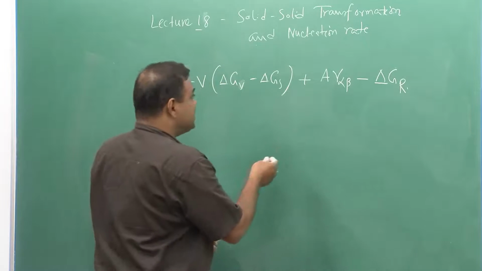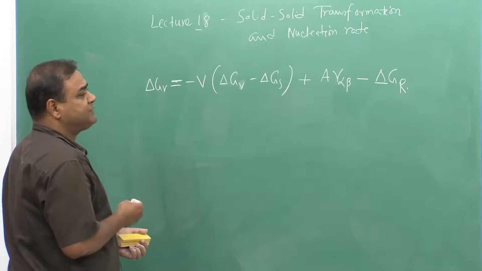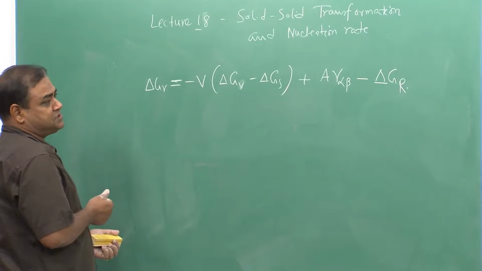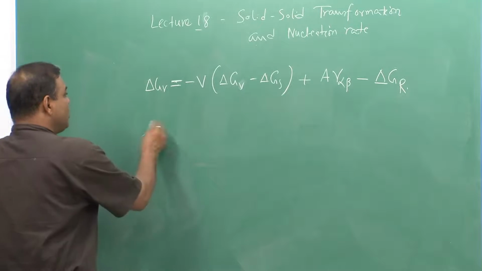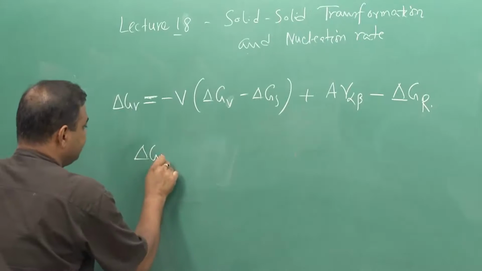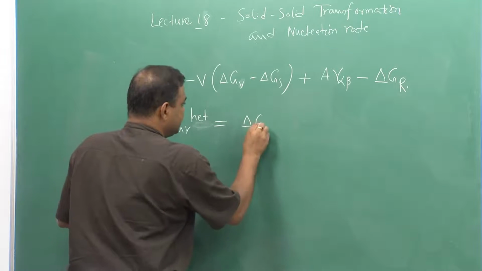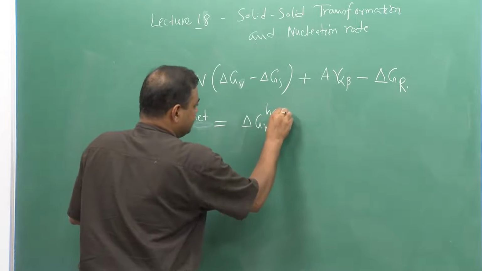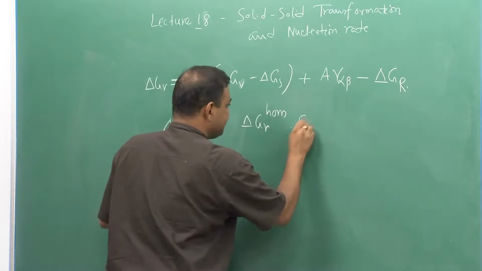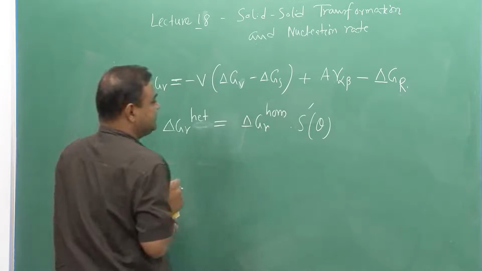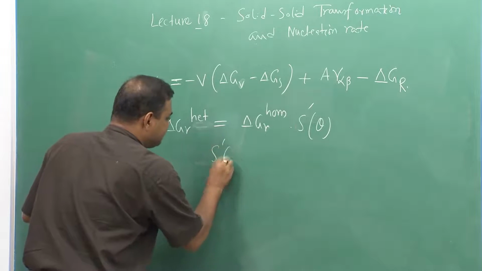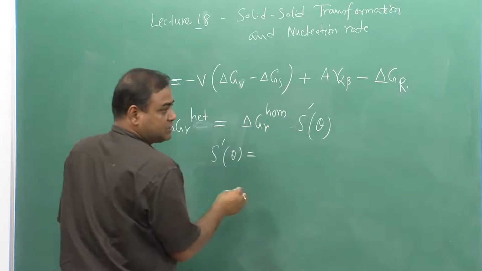Now, if we do the same treatment the way we have done for heterogeneous nucleation in case of liquid-solid, we would get delta G heterogeneous equal to delta G homogeneous times S theta, and that time S prime theta would be equal to